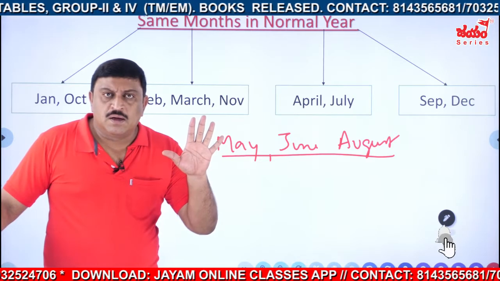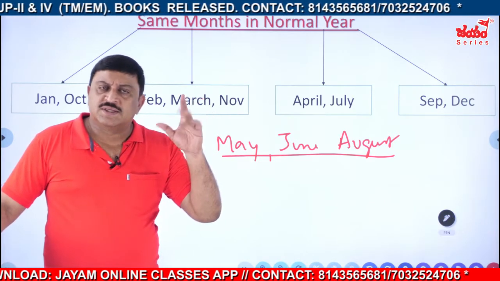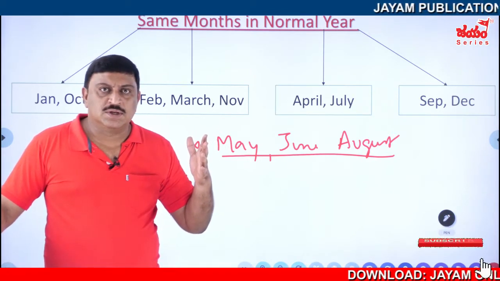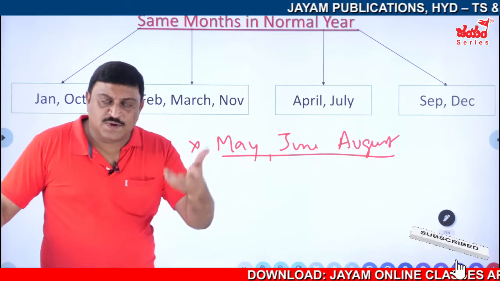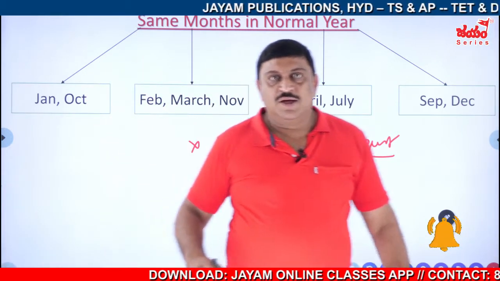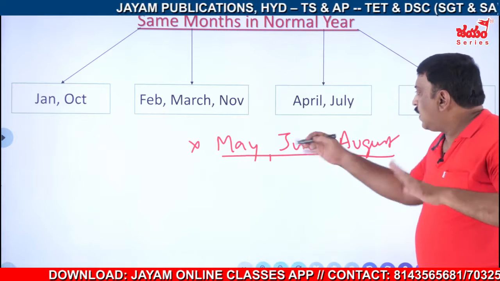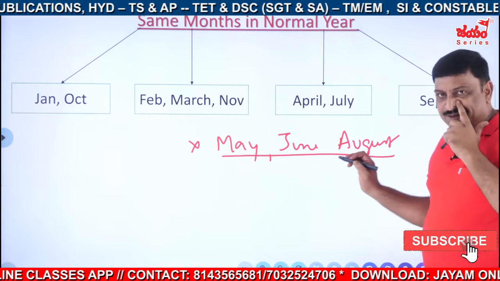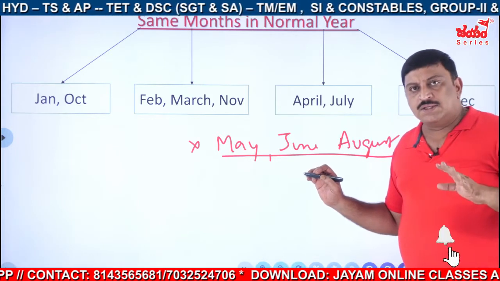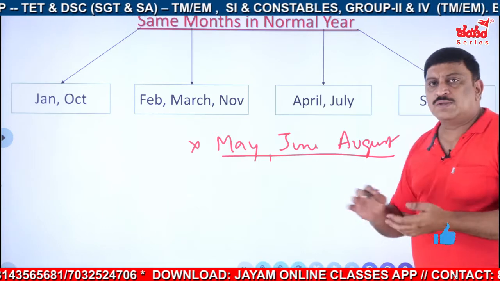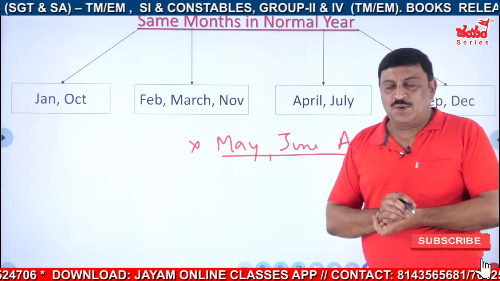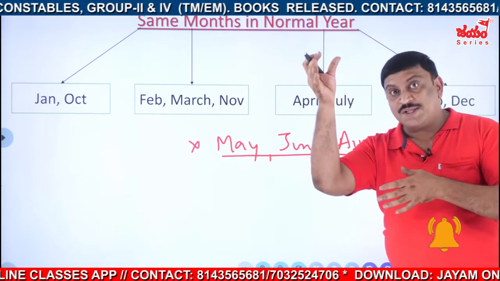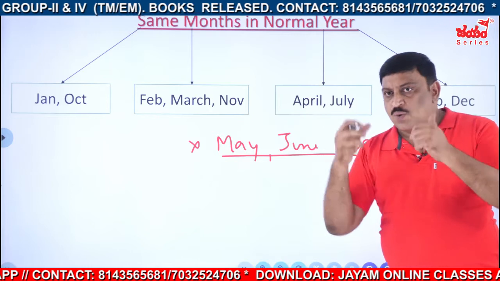May, too much sunny, summer. June, too much winter, is it not? That is, winter means monsoons. June, right? So May, June, that's why you think whatever it is depending on you, right? So May, June, and August. August, since independence month, there also no chance. Independent, that is. Okay? May, June, August. This is the way you have to remember. Rest of them, that means 9 months having some combinations, only 3 months don't have.